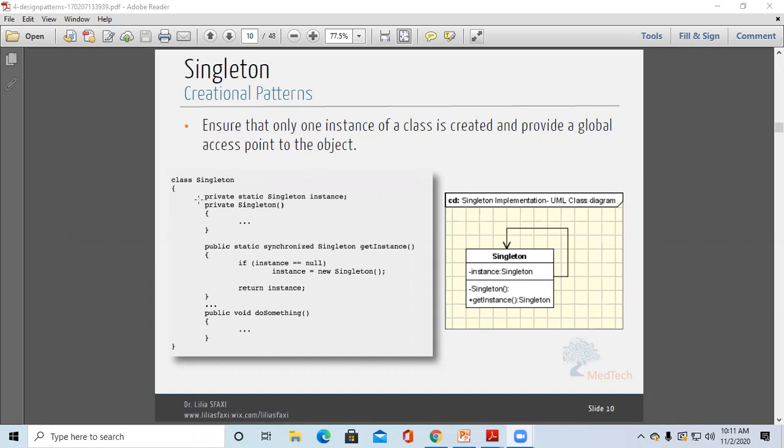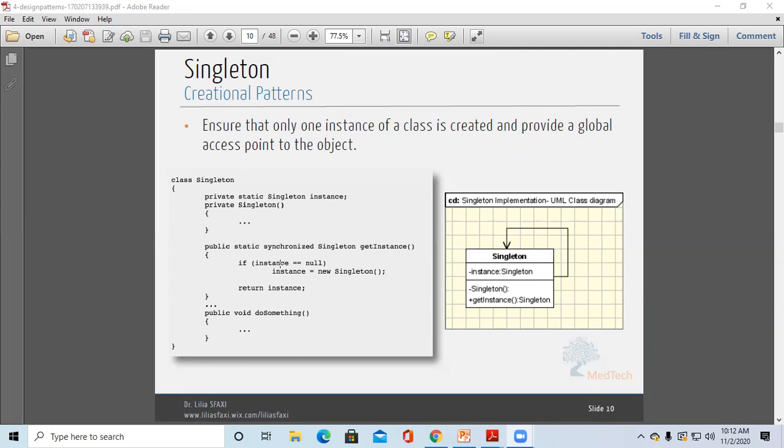Here you can see class Singleton, then private static Singleton instance. We create a static instance of that class. Then a private Singleton constructor is there. After that, we implement the method: public static synchronized Singleton getInstance. It is a static method. Through that method we get the instance of that class.